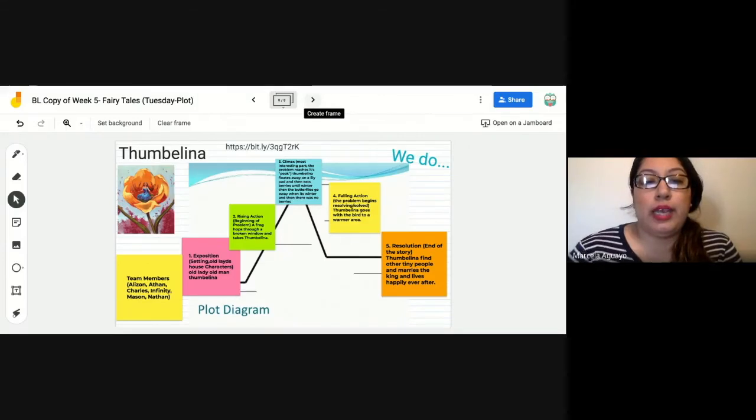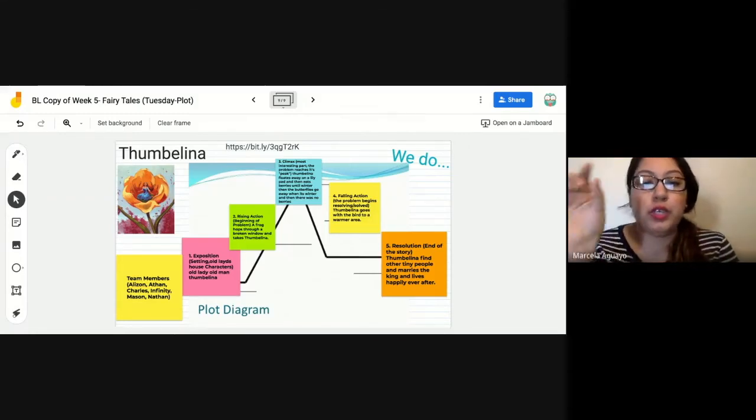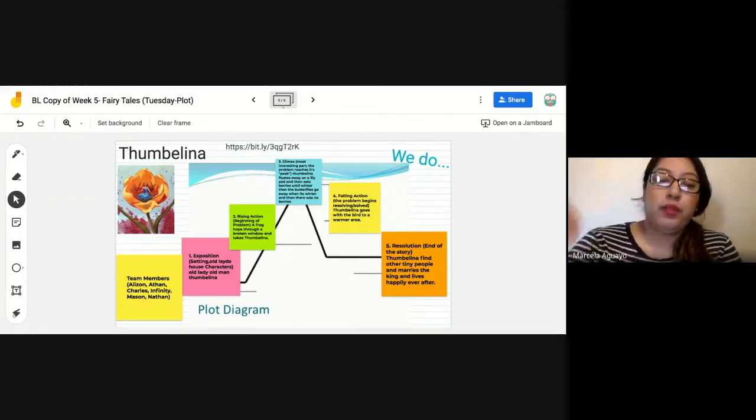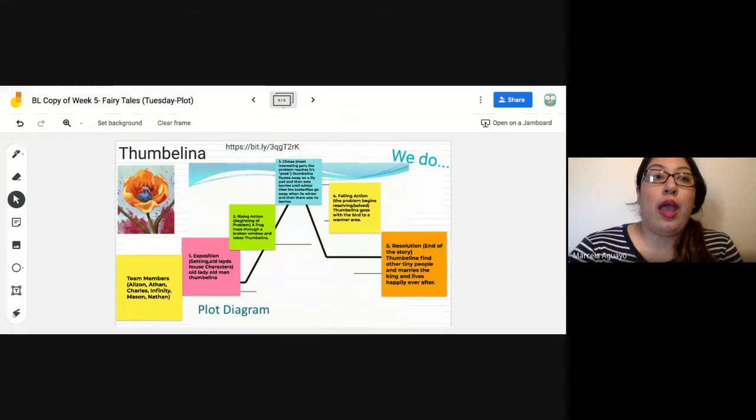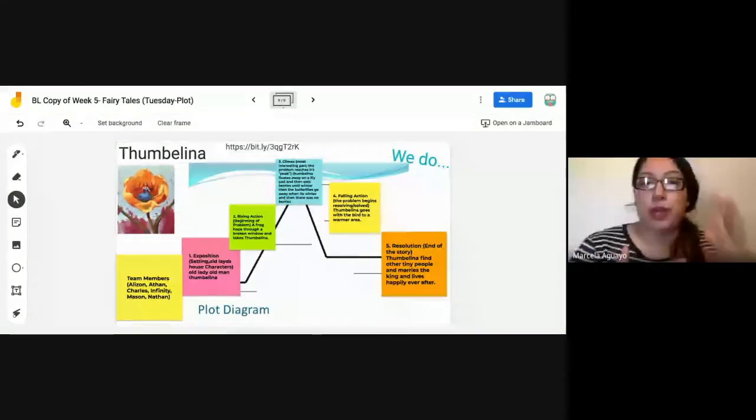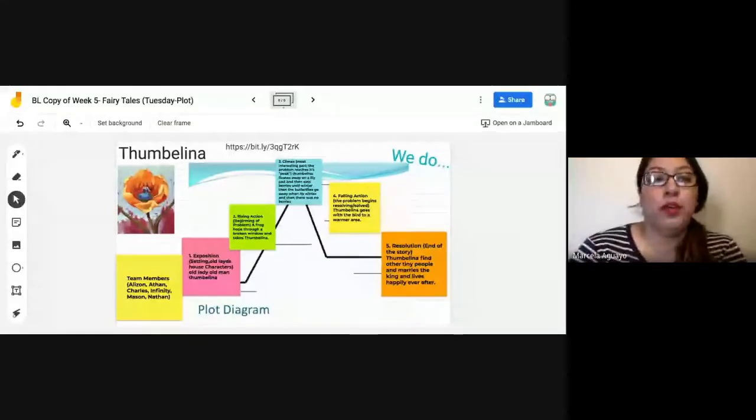And again, the higher group didn't get any of the labels. They copied my example, so they got the exposition, rising action. They copied that on their sticky notes, and then they typed in the information. So this is group work. They're collaborating online in their breakout room. If they ask for help, they get their help. And then